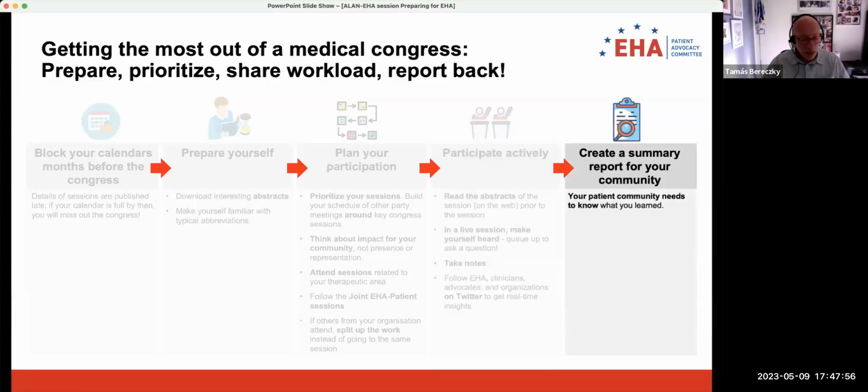And last but not least, do make sure that you report back to the community. Some organizations do this in a formal way, so you are expected to write a formal report about your participation. Some other organizations are less strict about this, but ultimately the patients that you represent deserve to know what happened at the Congress and what it is that you did, and why you were there. And so it is only fair to report back to them. Again, usually what helps is if you translate the findings and the conclusions into lay language for yourself, but also for the patient community, and try to explain why that result, why that outcome matters